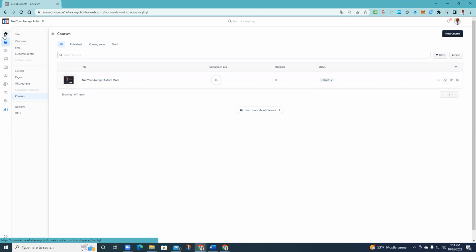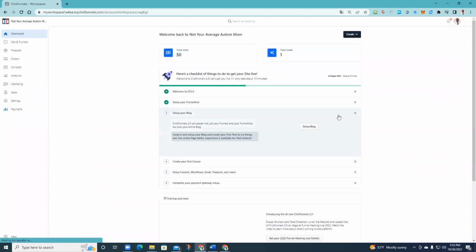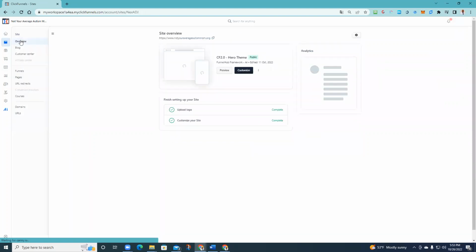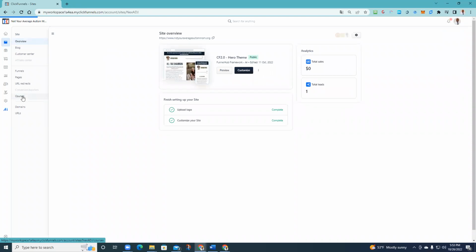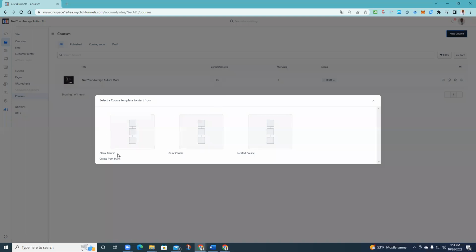Basically, once you log into your dashboard, I'll take you back to the dashboard. You're going to see the dashboard here. You're going to go to Sites and Funnels. Once you get into Sites and Funnels, you'll see courses here on the left side. You click on Courses. Once you're in the courses section, you hit new course in the top right, and you